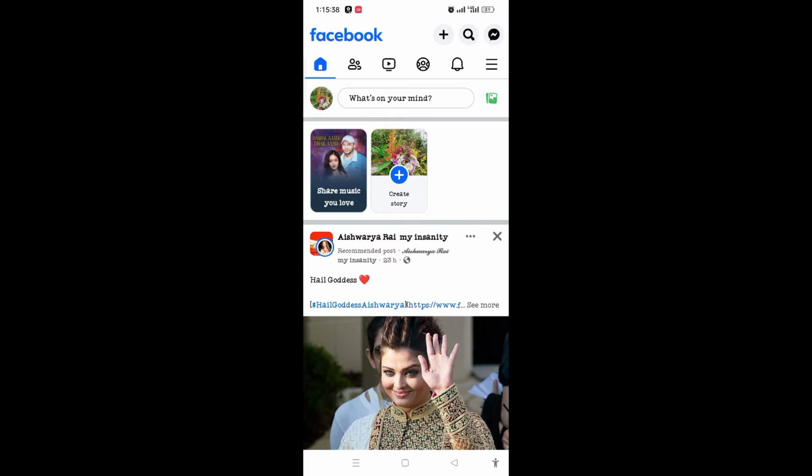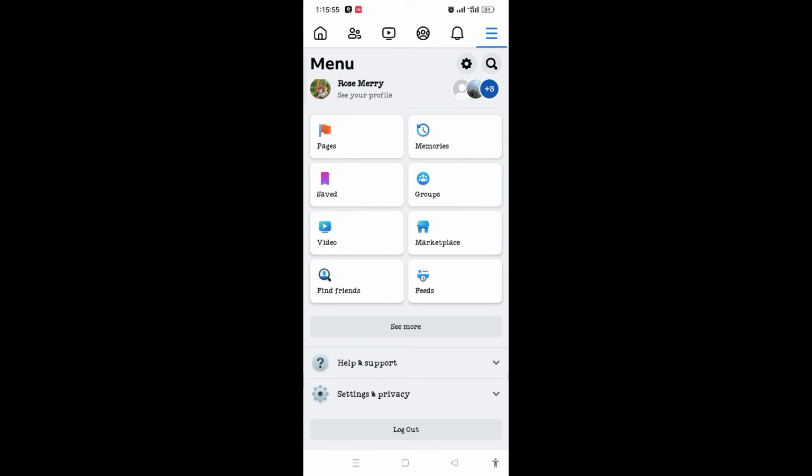In today's tutorial, I will guide you on how you can see your item listings on Facebook Marketplace. For that, you just need to open Facebook and log in to your Facebook account. On the top right corner, you can see the three horizontal lines. Just tap on it and then you can see, near the video icon, the